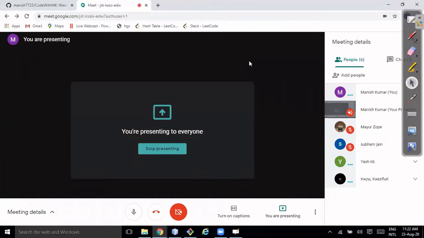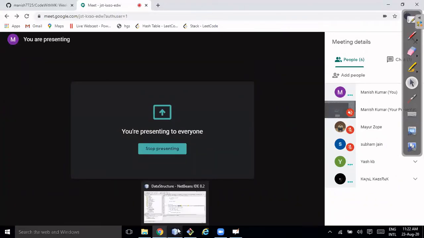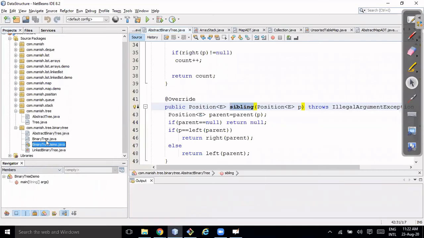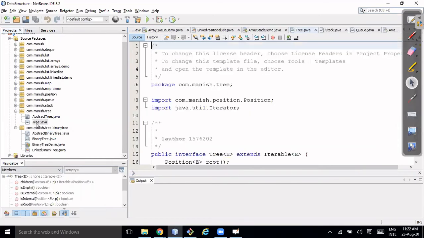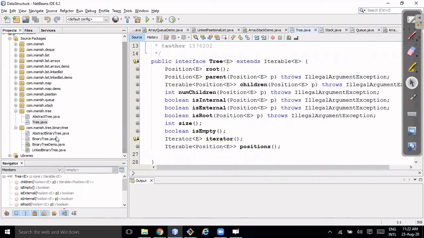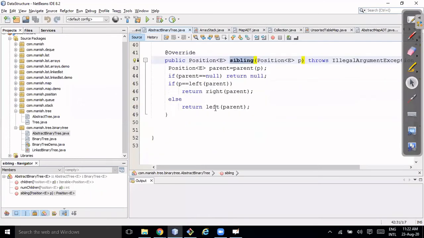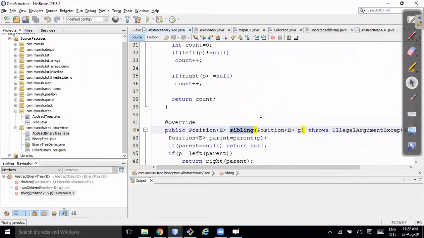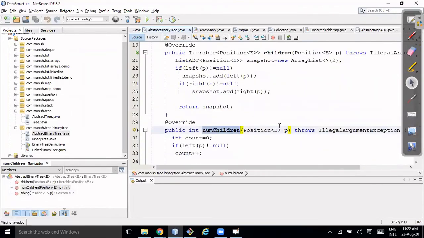So that was the main reason I implemented this class like this, so that once I start talking about the binary search tree, I have already introduced the height and depth, right? In the binary search tree, I don't need to write the height and depth methods again. I don't need to write the sibling method again. I don't need to write the num children method again.